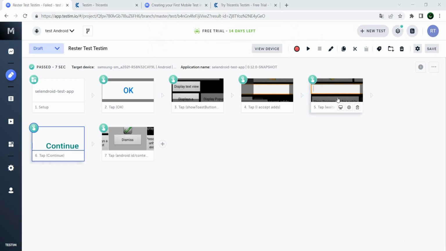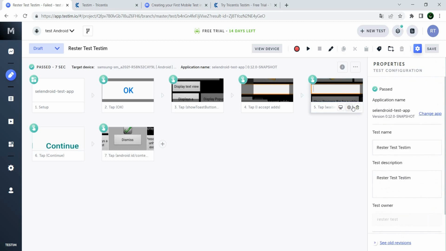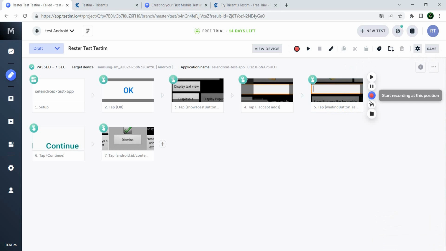I can try and go a little bit deeper. So I go into a specific step. I go into the properties, and here I can, on the one hand, define what will happen. So if this step fails, I can choose to stop the test, or I can choose it to continue. But what I want to do here is actually